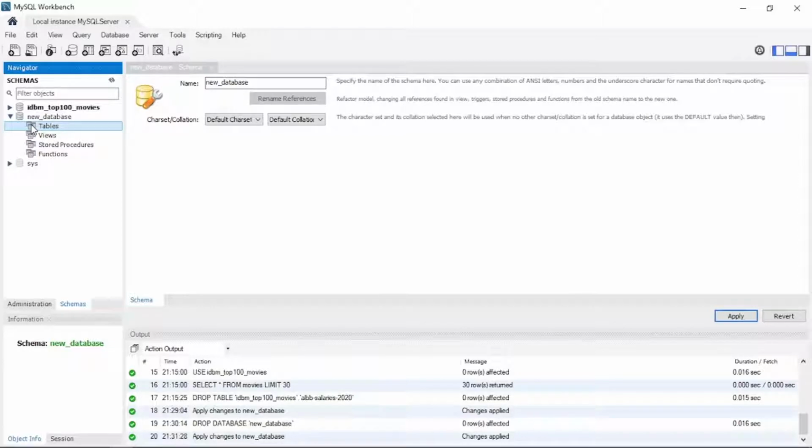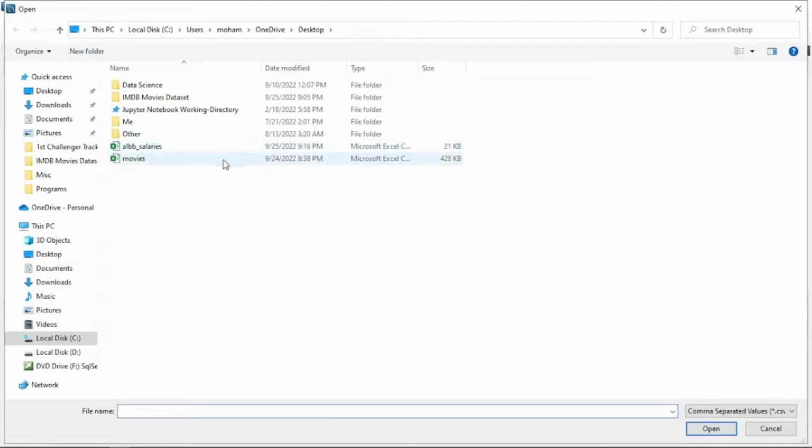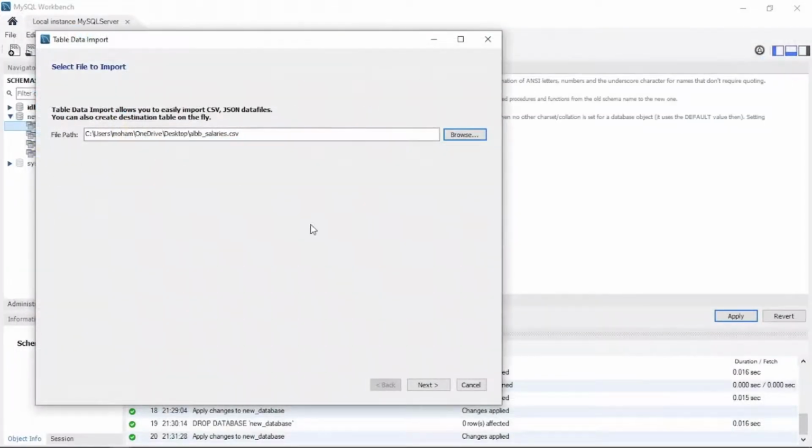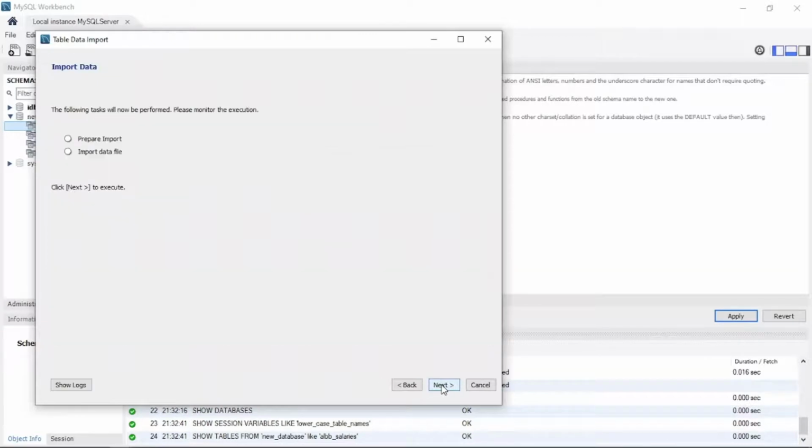We can now import our CSV file, which is actually a table, into our database. Just right click here on the database or on the table itself and choose this Table Data Import Wizard, and browse to choose the CSV file. I will choose this file and click next, next, next, next,